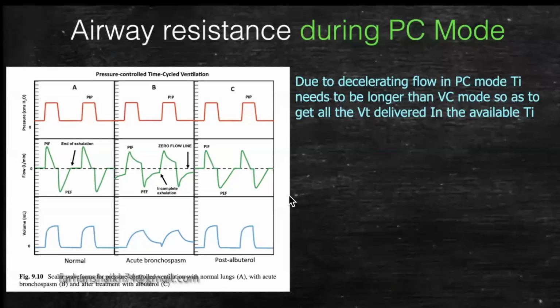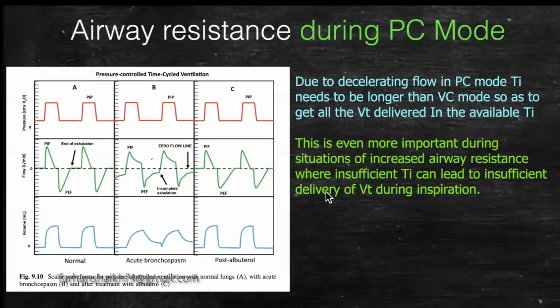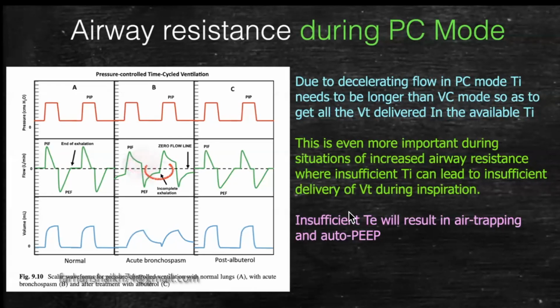So during pressure control mode, due to decelerating flow, we need a longer I time. And of course, as we saw already, we need longer expiratory time because expiratory resistance is higher and we need longer time constant during expiration. So in pressure control mode, you need both longer inspiratory time as well as longer expiratory time to ventilate patients